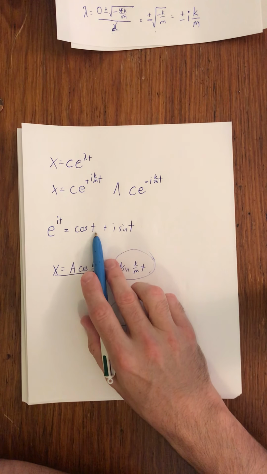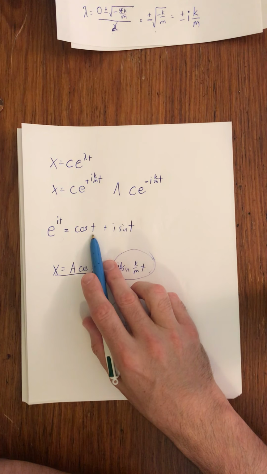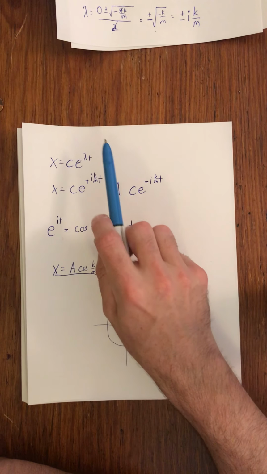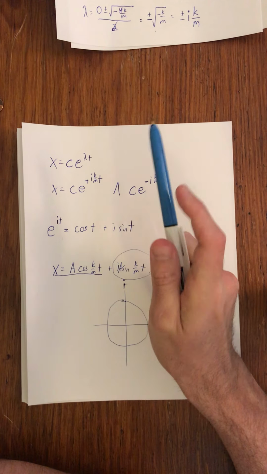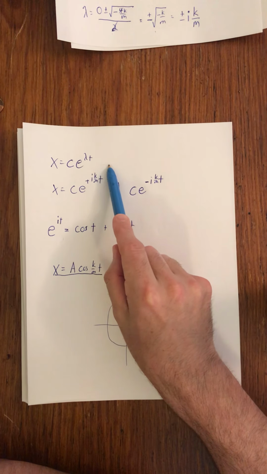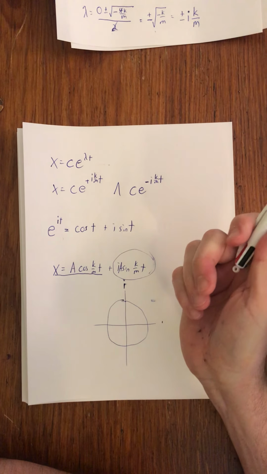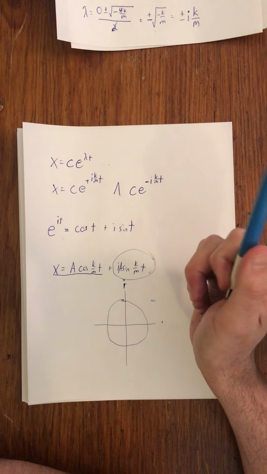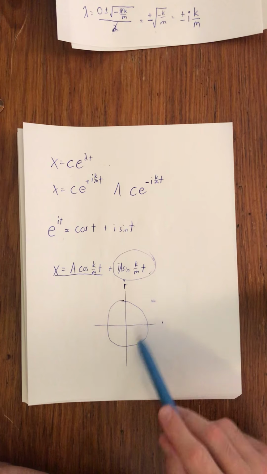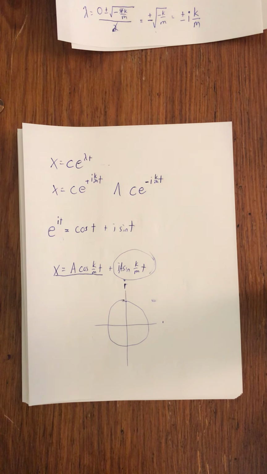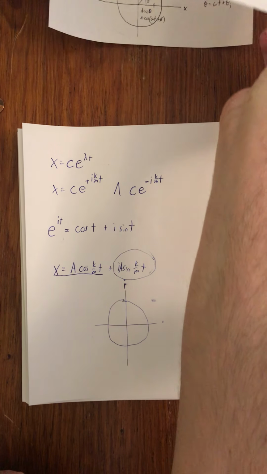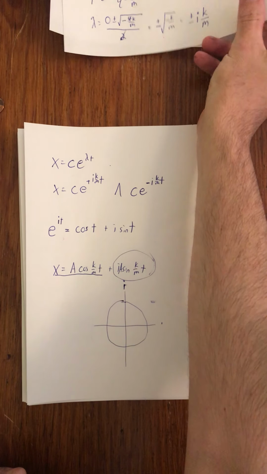I could have tacked that on here as well, and it wouldn't change any of the derivative work if I had gone back and guessed that the solution was this plus a constant. That would have changed none of the original work. So there you go. So that imaginary stuff pops right out. Now, that's kind of cool that we can use that to solve even more complicated things. Going back to the original piece, though,